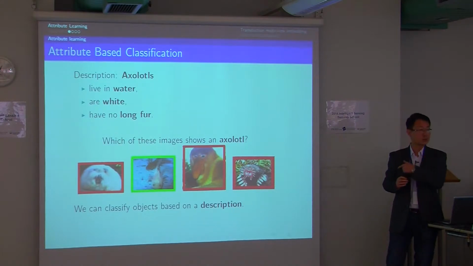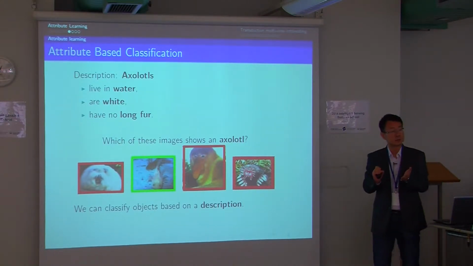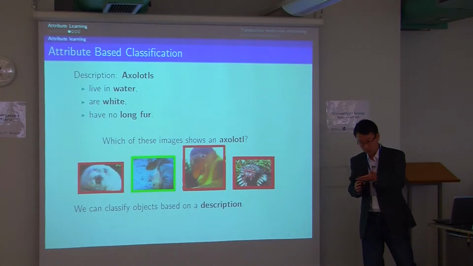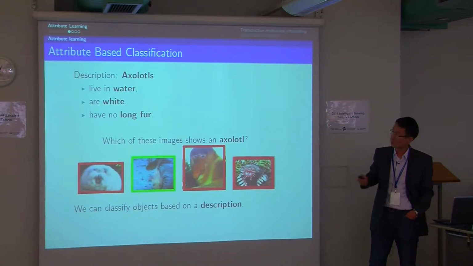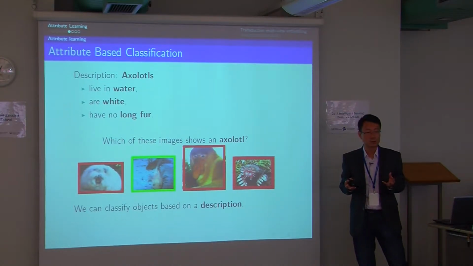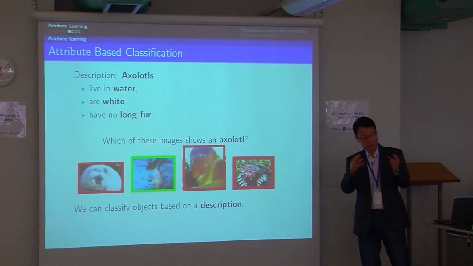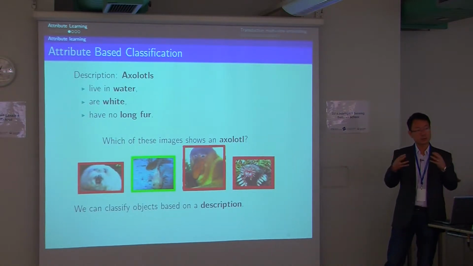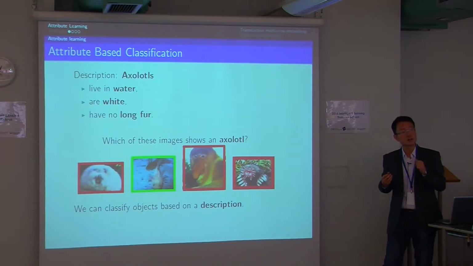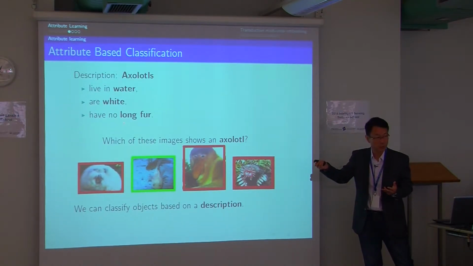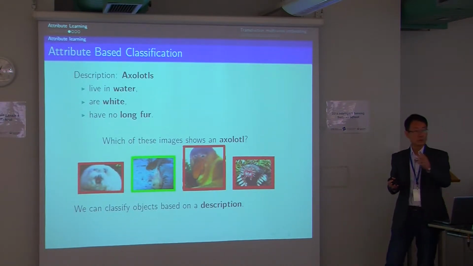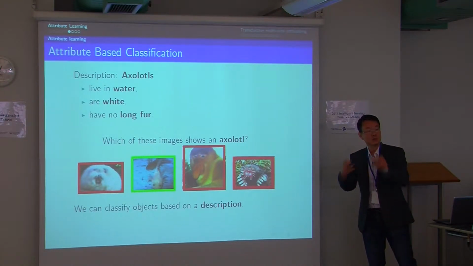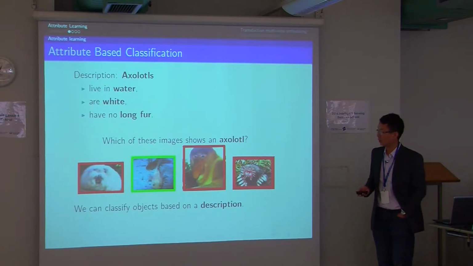Because somebody else has seen this animal before, somebody else has written some description about this animal. If you just read this article, you know what this animal looks like. And you know what kind of animal lives in water. You know what white things look like. And you know what kind of appearance corresponds to no fur. Now combine this knowledge together, a description and an understanding of each of these description attributes, and a human is able to recognize new categories. Yeah? So after we understand this, we could easily simulate the same ability of humans, which we call